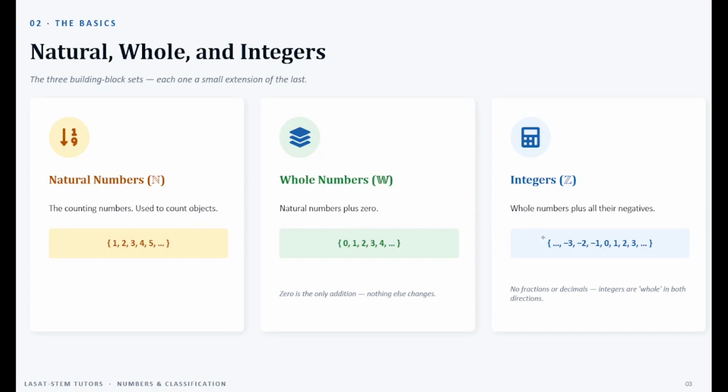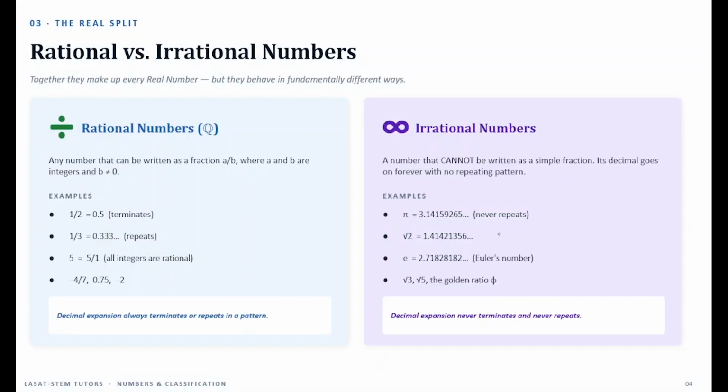Integers are whole numbers plus all their negative values. So whole numbers plus all their negative values. And then the difference between rational and irrational numbers. These two types of numbers, rational and irrational, make up